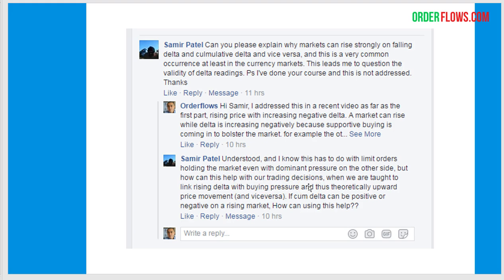So, how can it help with your trading decisions? We're taught to link rising delta with buying pressure, thus theoretically upward price movement, and vice versa. Okay, if cumulative delta can be positive or negative on a rising market. Again, I just explained why I don't particularly like cumulative delta. I like bar delta. But again, I'll give you a perfect example. I mean, the whole thing of divergences